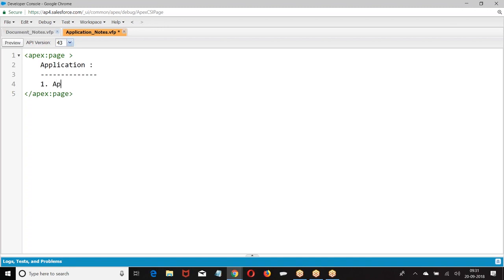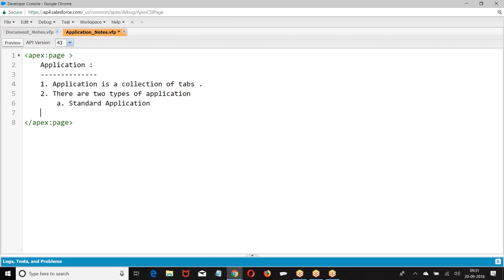Now what was this? Application. Application is a collection of tabs. There are two types of application: standard application and custom application.